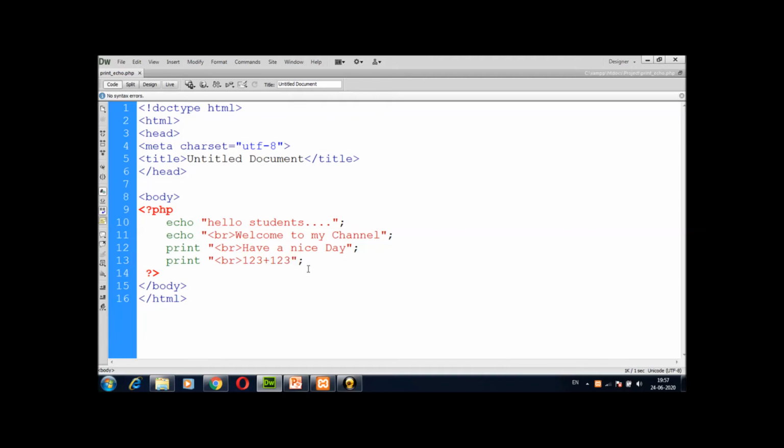But if I am writing like this, print, then double quotes, 1 2 3, and then a plus sign, then I am going to write again 1 2 3 and a semicolon. Now see, the statement is changed. What is done?